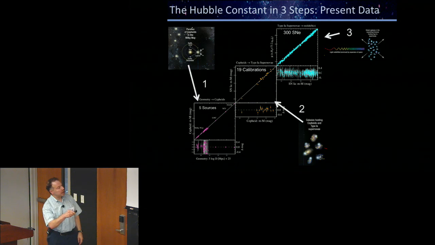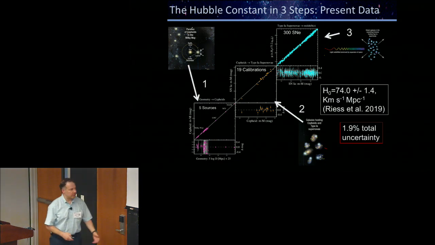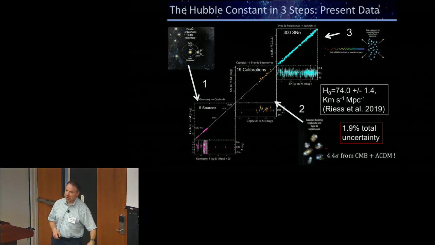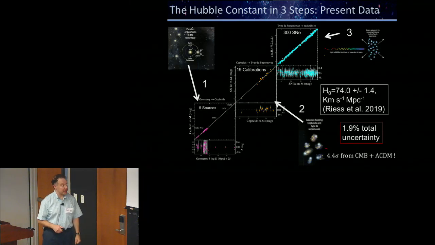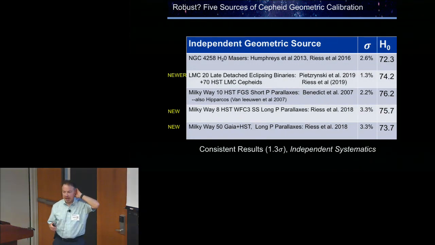Here are the 19 galaxies where we both observe Cepheids and use them to calibrate the supernova that went off there, and here are the hundreds of supernovae out in the Hubble flow. So jumping to the answer, as of a few months ago, 74 plus or minus 1.4, a total uncertainty of 1.9%. I'll say more about the uncertainty in a minute. However, remembering what we saw earlier in the talk, the 67, the CMB plus lambda CDM, and this has been growing with time. Now, the first thing to look at as we start to think about systematics is these 5